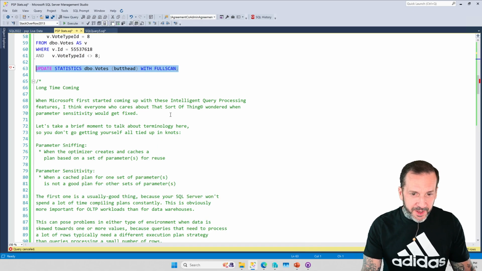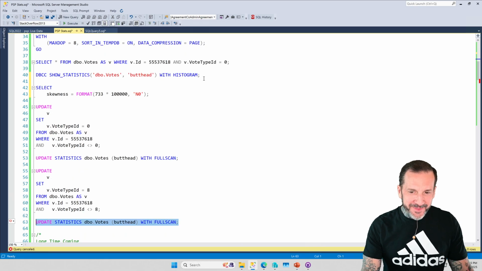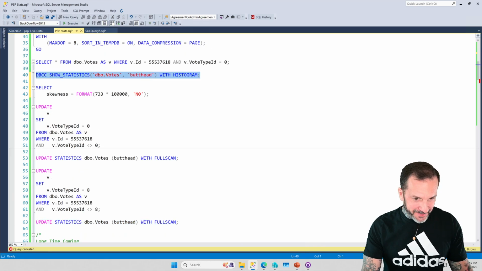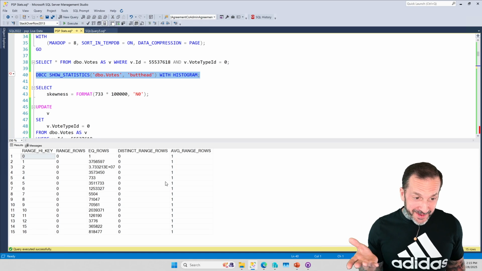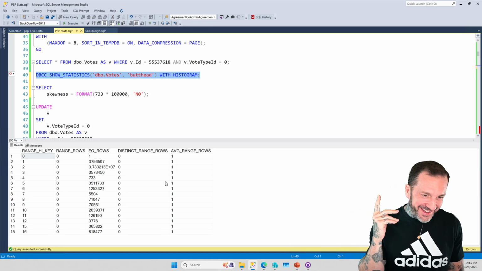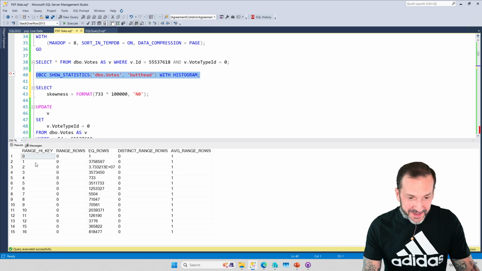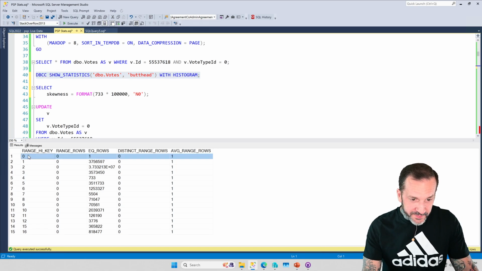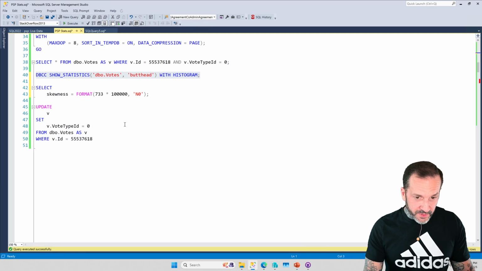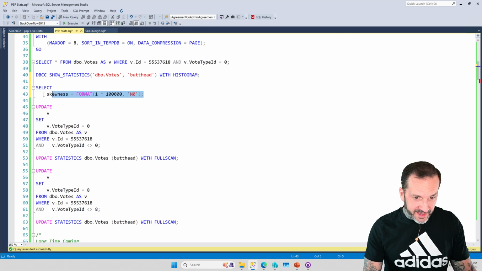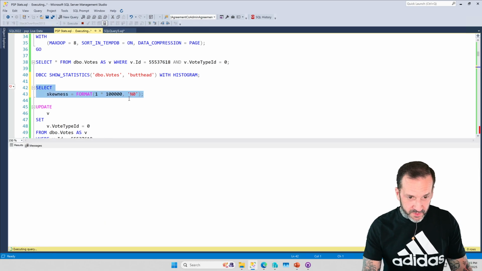I'm not showing you. That was supposed to be DBCC SHOW_STATISTICS. Let's do that. So what happened when I created the index on vote type ID was I ended up with this one row with a range high key of 0 with one equality row. You can imagine that it's a lot easier to hit that skewness threshold when you have